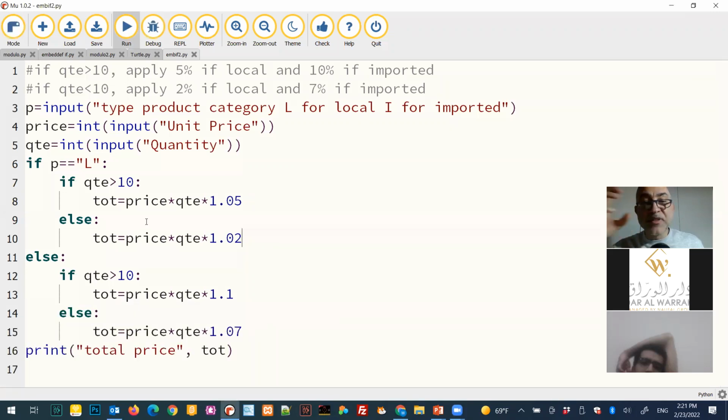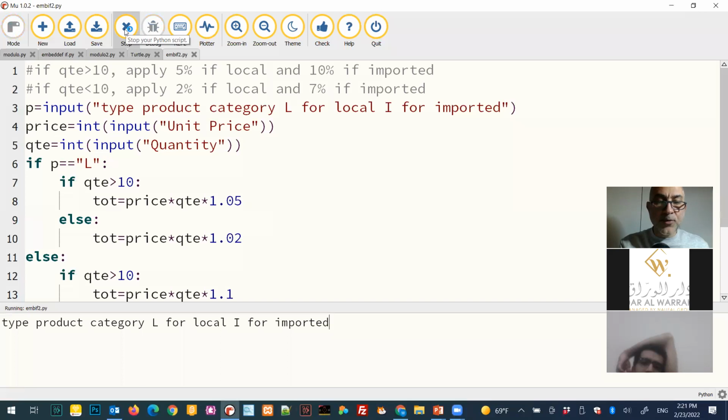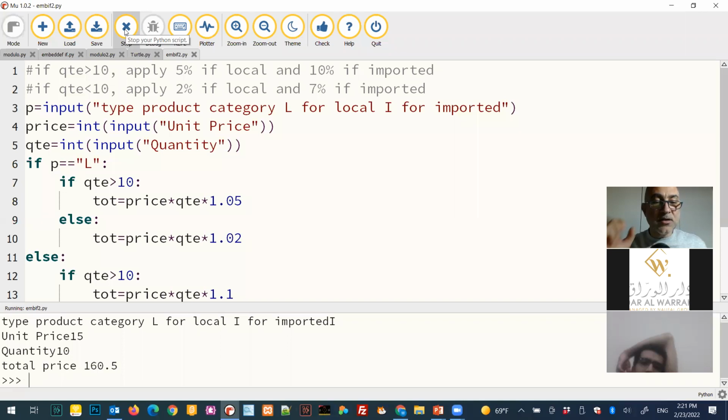So as I said before, this program is made of 2 embedded if to test the category of product and the quantity in order to apply the tax on the total price. I'll be running my program. I type imported, unit price is 15, quantity is 10, and here you can see that my price is added to 160.5